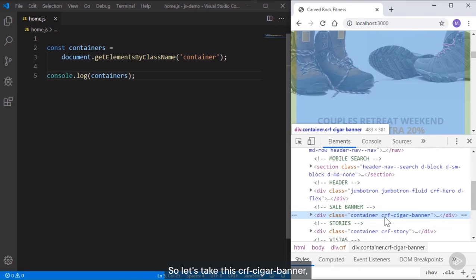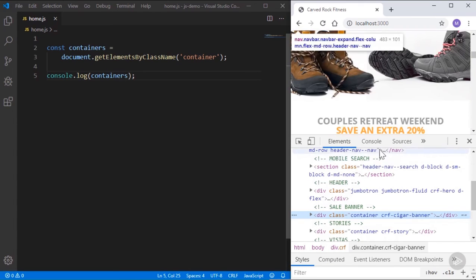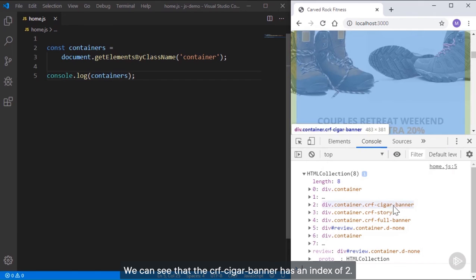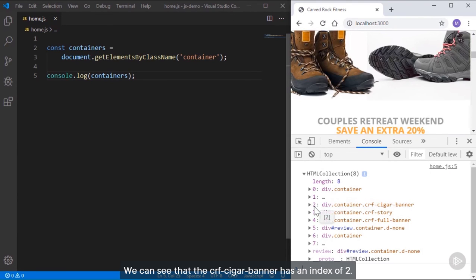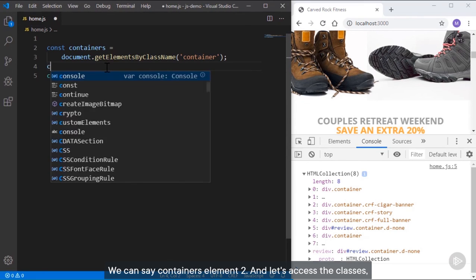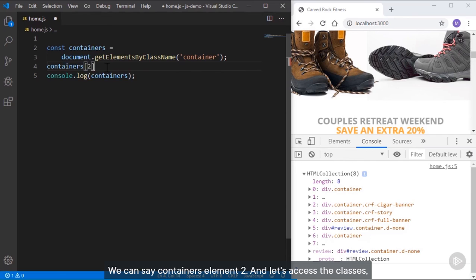So let's take this CRF cigar banner and we'll find out what index it is in the array. And let's try to hide it. I'll go back to the console. We can see that the CRF cigar banner has an index of 2. So containers is essentially an array, even though it's telling us it's an HTML collection. We can say containers, element 2,